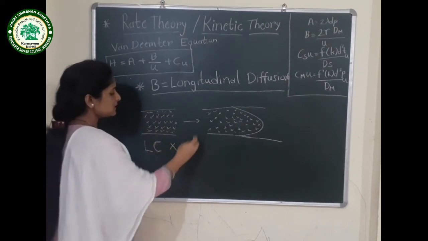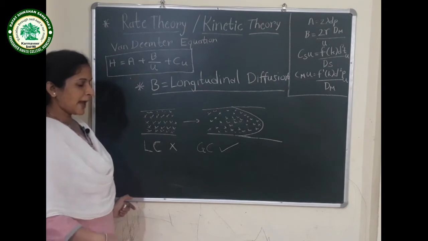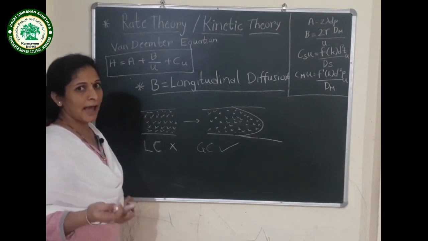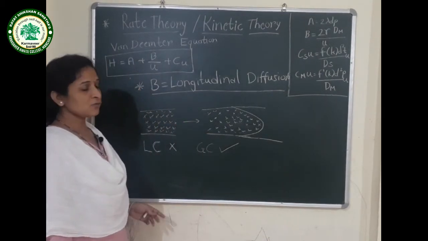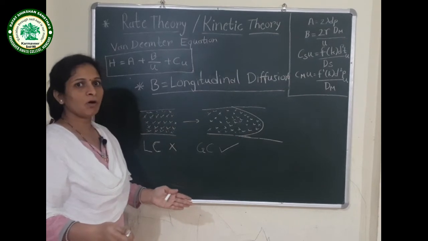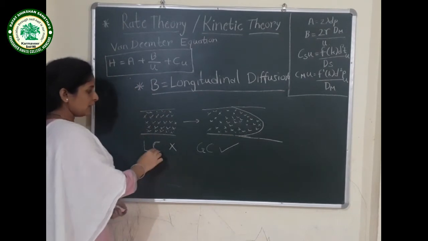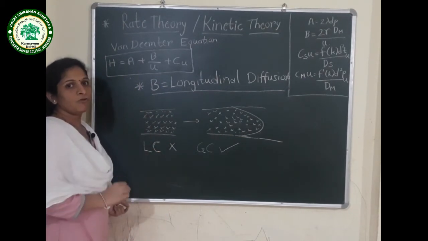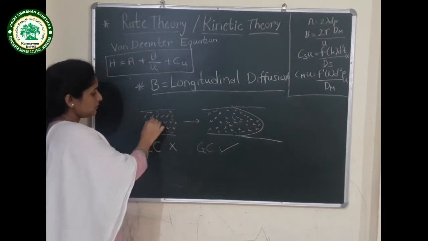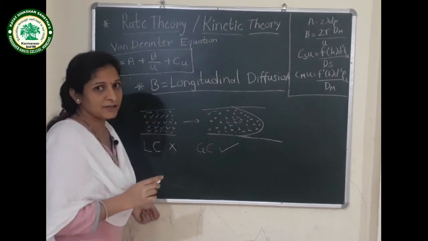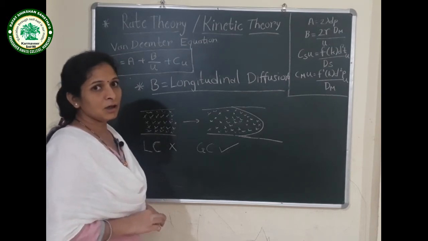Okay, but this diffusion will occur in gas chromatography, because in gas chromatography, when we take a gas as a mobile phase, it will travel faster. And how will the gas flow? When the gas flows over the stationary phase, there will be turbulence like this. But when we put a liquid phase, it will follow a different path. As the stationary phase is dense, the components in the mobile phase will follow the path.